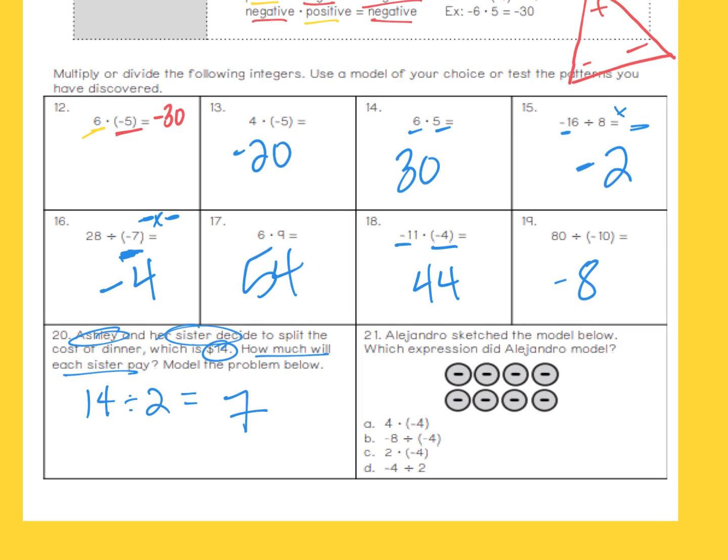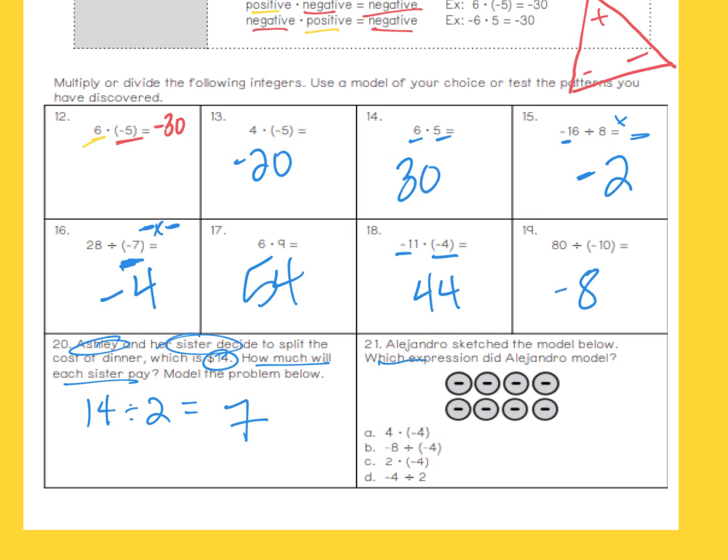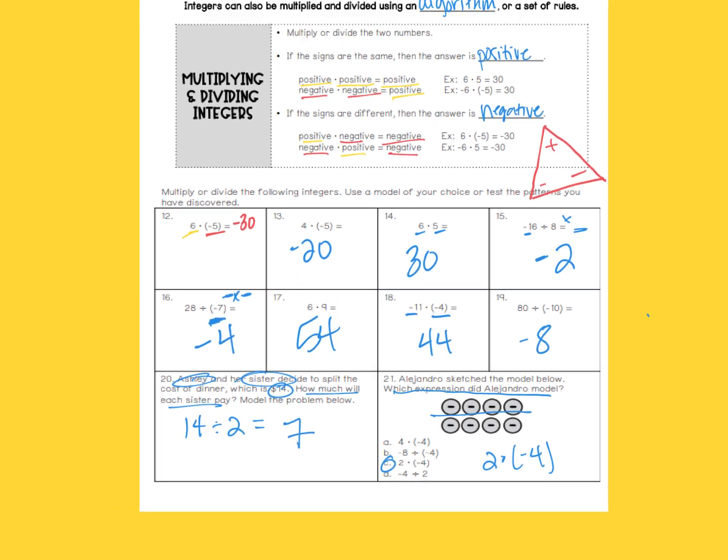So number 21 says, Alejandro sketched the model below. Which expression did Alejandro model? So we know we have 2 groups of -4. So 2 groups of -4 means 2 times -4. Our answer is C. Go ahead and glue these into your journals